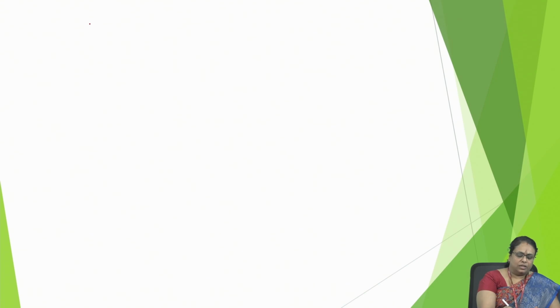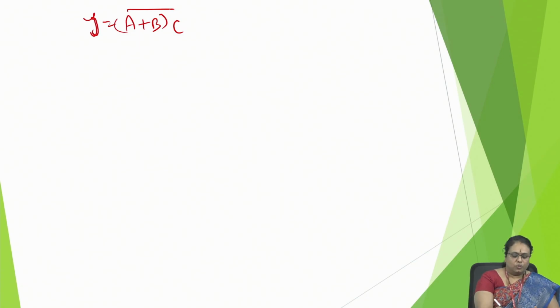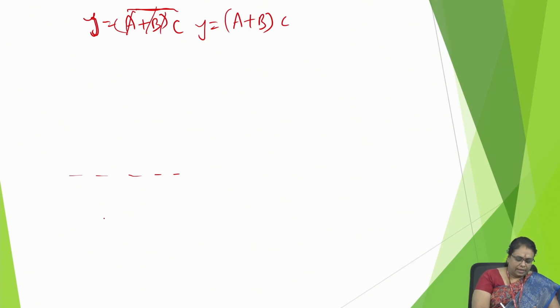You can take anything. You can put any logic here. You can say A plus B into C whole bar. If there is no bar here, no complement, in the simple form, what should we do? We have to add an inverter to it. Suppose we take an example of A plus B into C. If this is the case, what will we do is, we will take a demarcation line first. The pull down side is a logic. Therefore, what can we do? We will take,